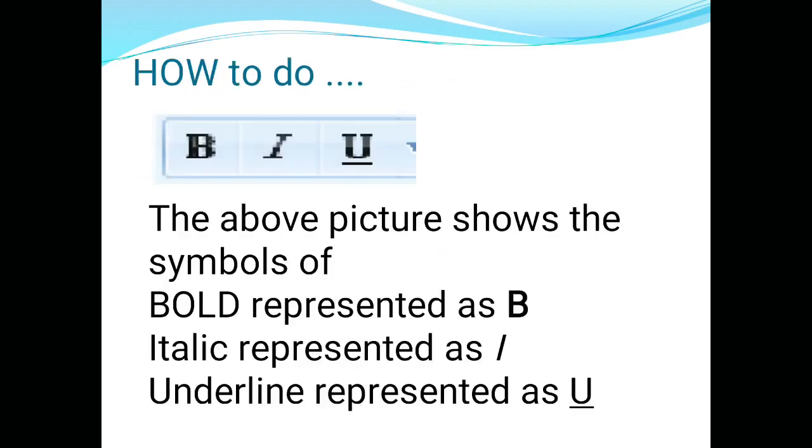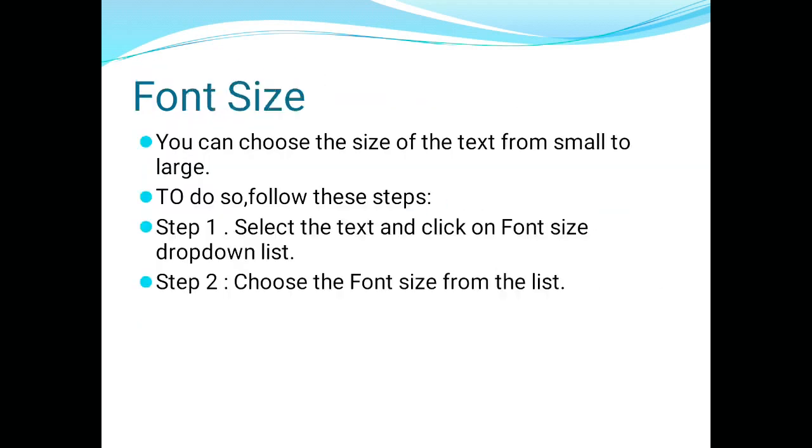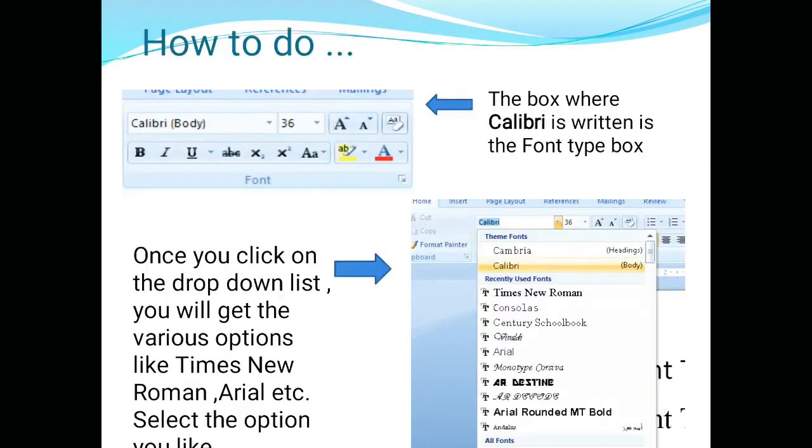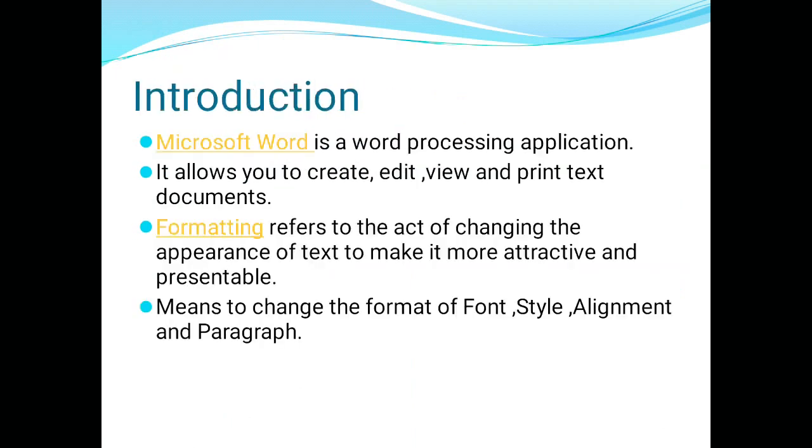In this chapter we have discussed formatting in MS Word. MS Word is a word processing application program and it allows you to type, edit, view and print documents. Usually whenever we have to type in the computer, we choose Microsoft Word. Okay, formatting means that you change the appearance of the text, how the text looks like. So with that, formatting means you want to change the particular type of text.